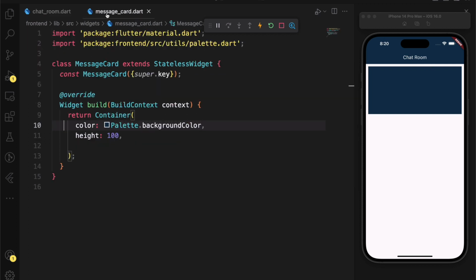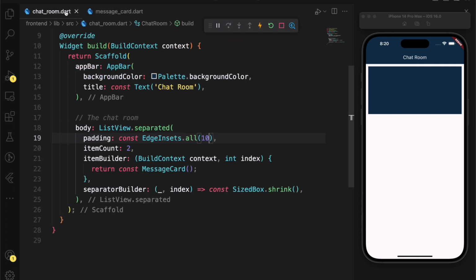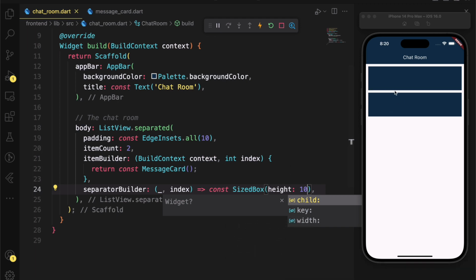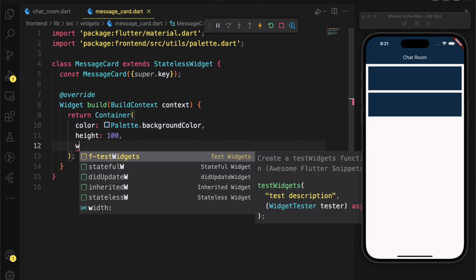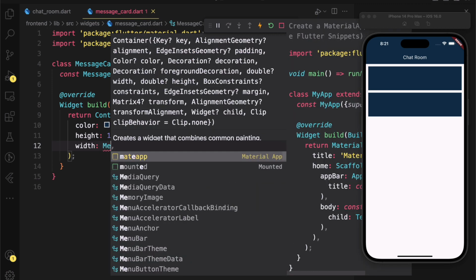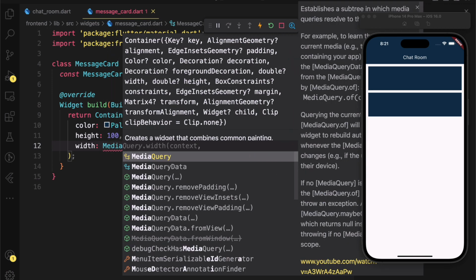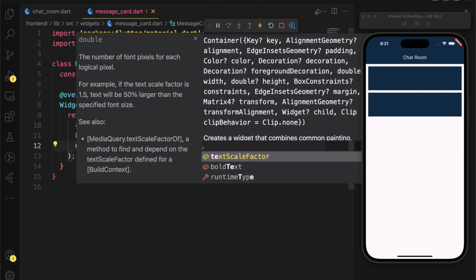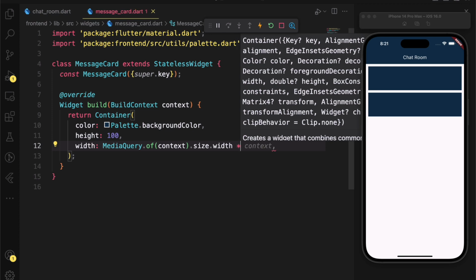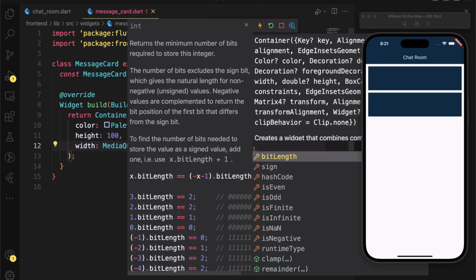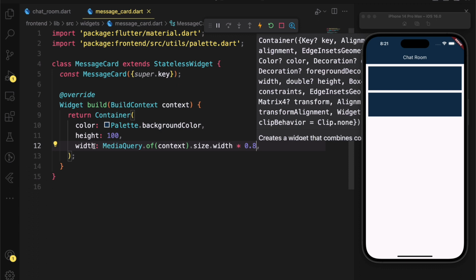Then the next thing I'm going to do is to change the shrink, set a height to 10, and that will give us a nice space between the message boxes. Let's set the width of the message card to MediaQuery.of(context).size.width multiplied by 0.8, which is going to give us 80% of the screen size.